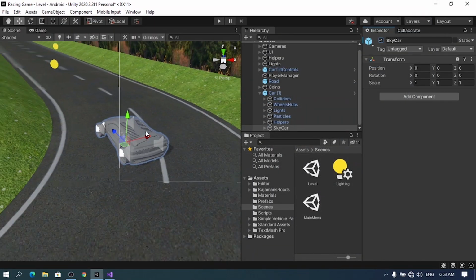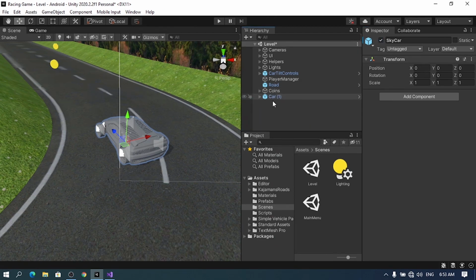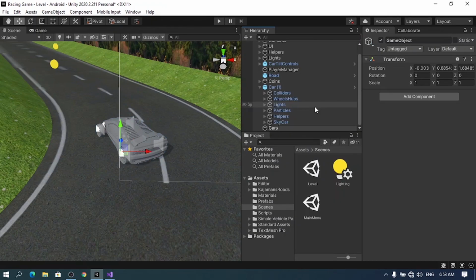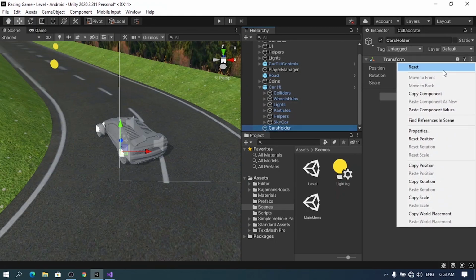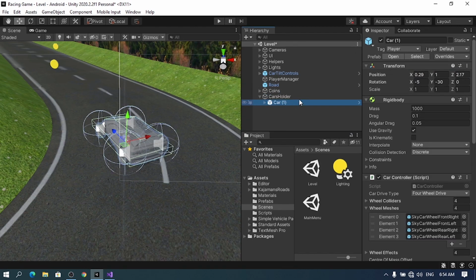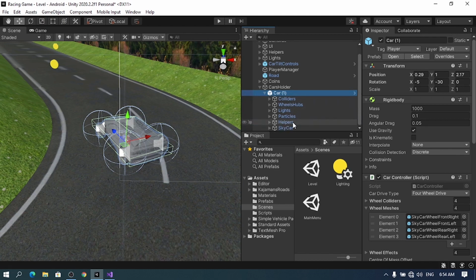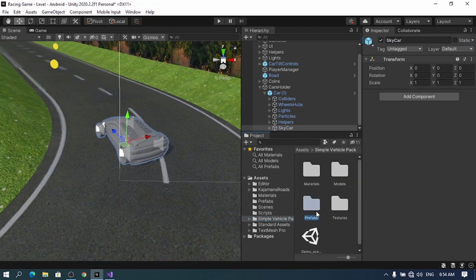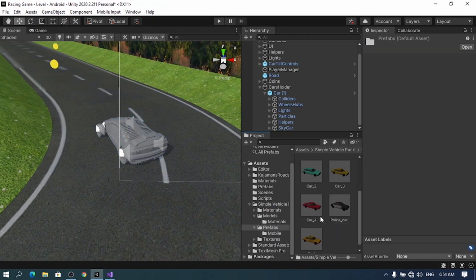And before that, we need to add the models here as well. We are going to use pretty much the same thing. So I'm going to create an empty game object, and let's call it cars holder. I'm going to reset the transform as well. And let's put our first car inside this empty game object. And we need to change the model. So I'm going to get rid of this one, or let's leave it so that we can check the size. Under this folder, let's drag in the first one,